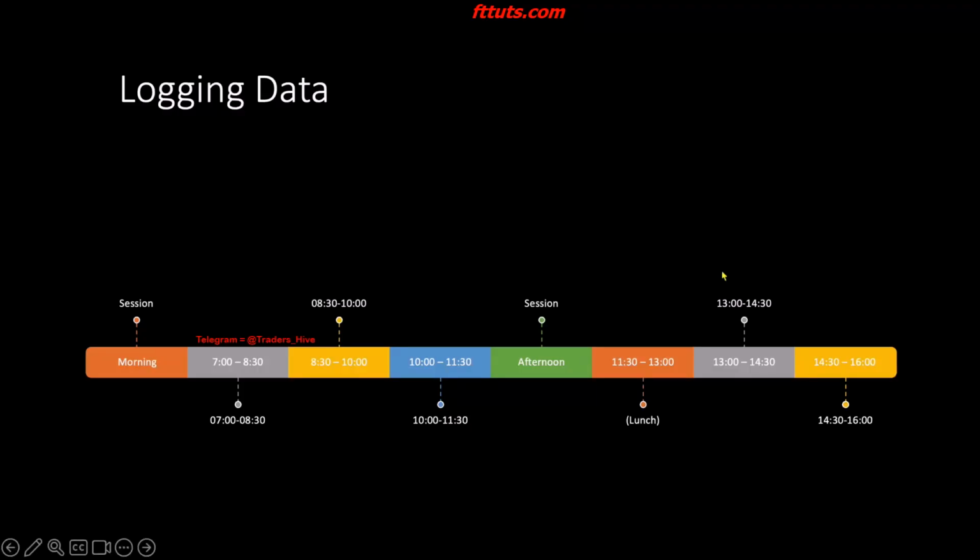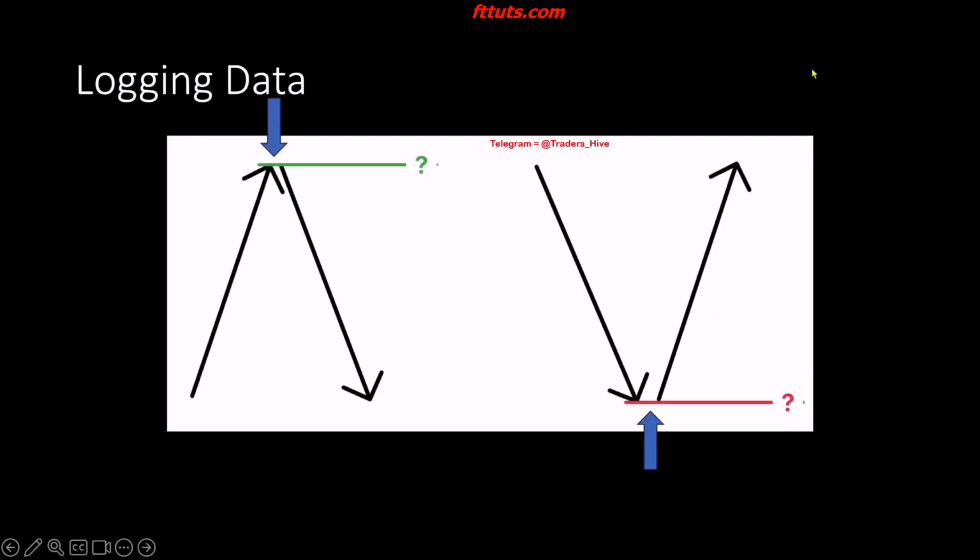For the afternoon session, it's exactly the same. If we see during the second 90-minute cycle of the afternoon session, the lunch low get taken out whilst we're anticipating higher prices, we can log the lunch low as our point of interest, where the point of interest is one of the most important reference points. Without a point of interest that gets reached during our time of interest, there's no idea. So something else that we can log is the following.